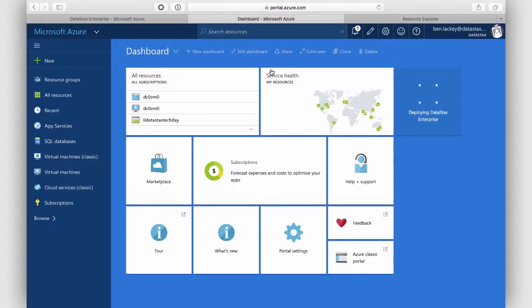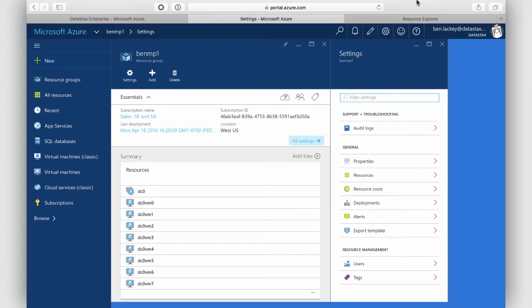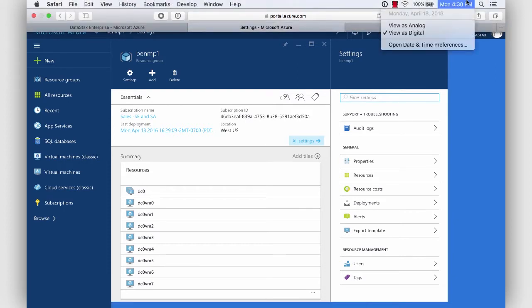So I'm going to flip back here to the portal. As you can see, this is still deploying. At this point, I'm going to pause the recording and we'll come back once this is completed. As I mentioned, we started the deployment at 4:07, so let's keep that in mind and see how long this thing takes. Hello again. So it's now 4:30